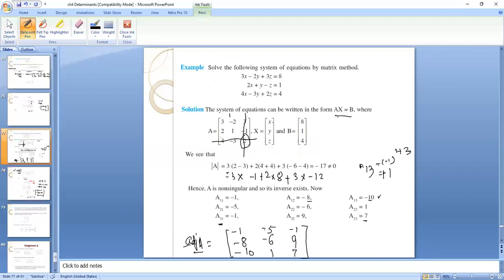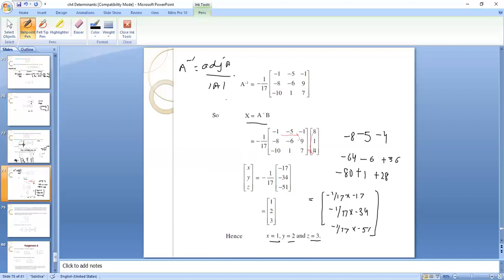In the previous exercises, first we learned how to find cofactors, then we learned how to find adjoint, then we learned how to find inverse. But everything is used in the applications where we have to solve the system of equations. So for solving the system of equations, first we are finding adjoint, then we are finding inverse, then we are multiplying inverse with the right hand side, that is A inverse into B. We are getting the unknowns x, y, z, right?